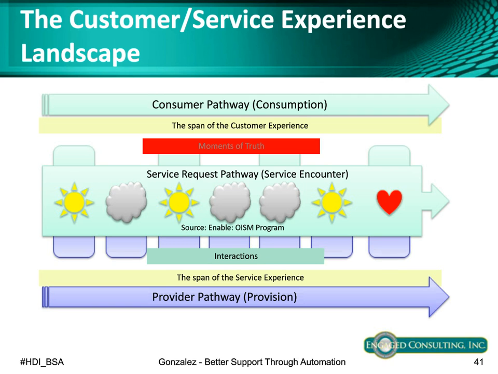These are the key interactions that your customer is going to look at and say, you guys are great or you guys stink. That's where the decision is going to be made. Sure, we might have clouds out there because a service provider is not going to do everything perfectly. They can't provide a level of service which is we are spectacular at everything. Service providers, as part of the discipline, need to choose where they're going to fail. And specifically, that's because it doesn't impact the customer's view of who they are, right? So it's a trade-off. And we recognize that there are trade-offs and limitations that we need to pay attention to.